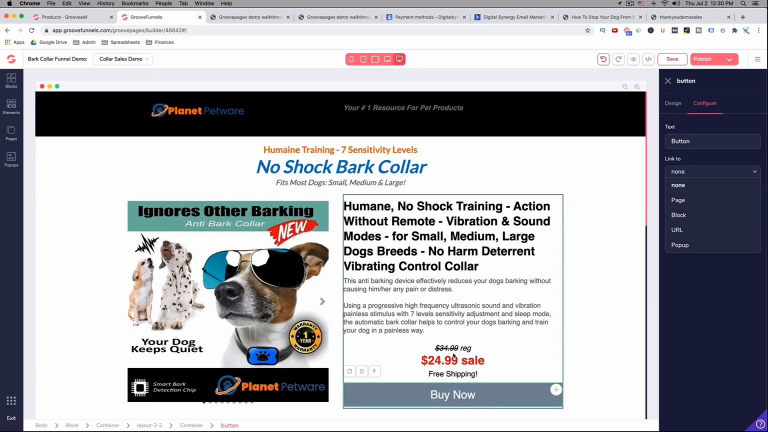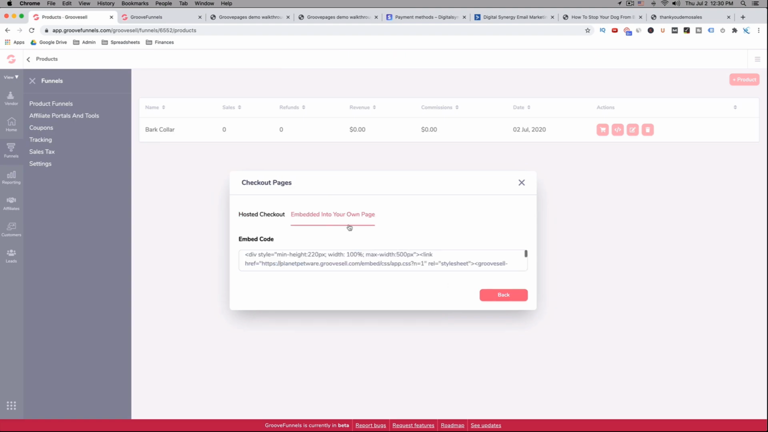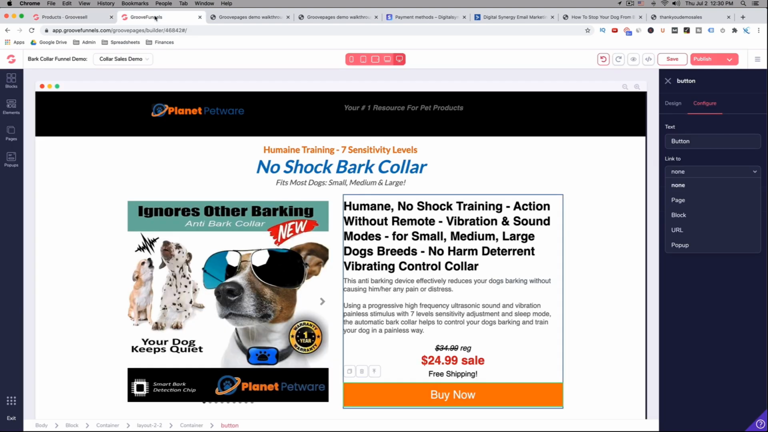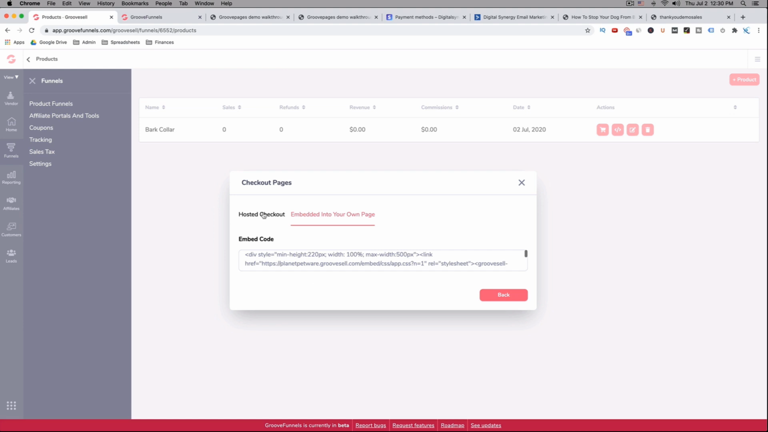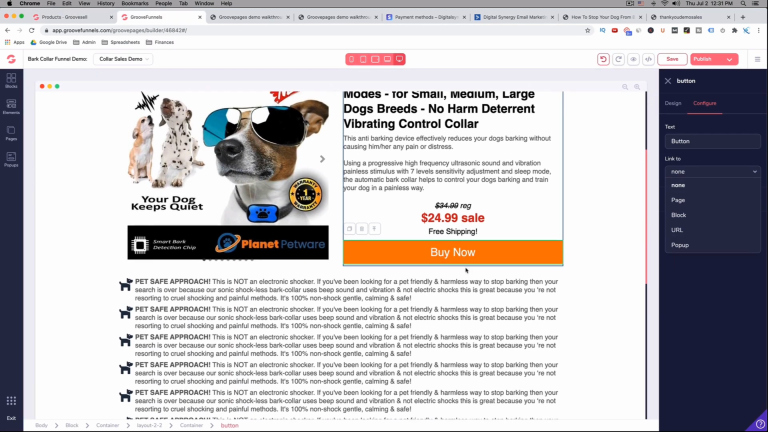button right here. But then I also wanted to show you here, it also gives you an embed into your own page. So if you went with the option where I told you that you could basically create this into a checkout form embedded into your site, that's the code that you would need. But we're going to go with the hosted checkout. We're going to copy this, and we're going to go to our button,